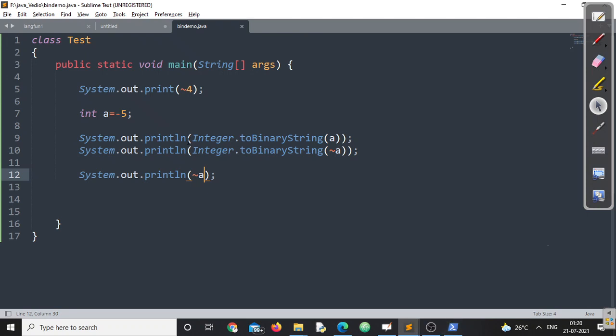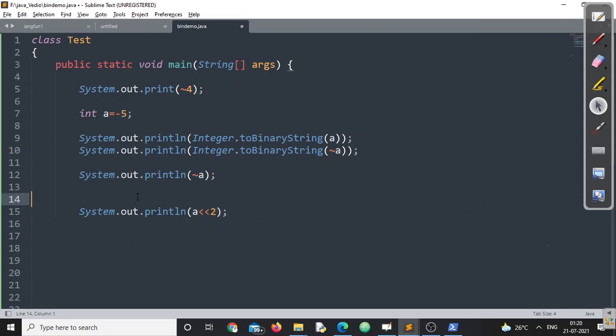See, suppose I am doing, let me write the entire one. I'll go with this, let this operator be there. I'm again writing the system. Let me copy this one, I don't want to write one more time. Right. Now what I need to do is I'm writing a left shift 2.